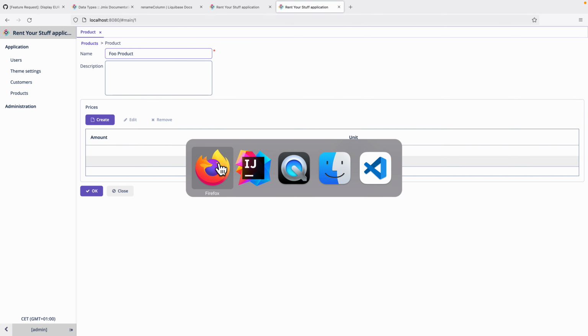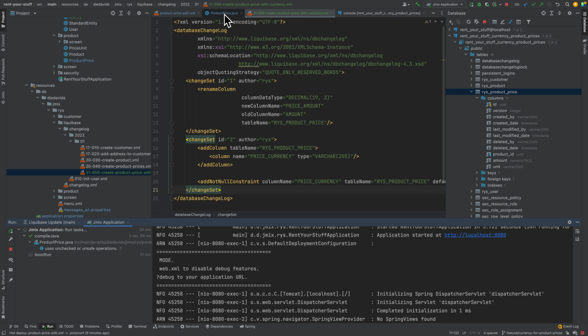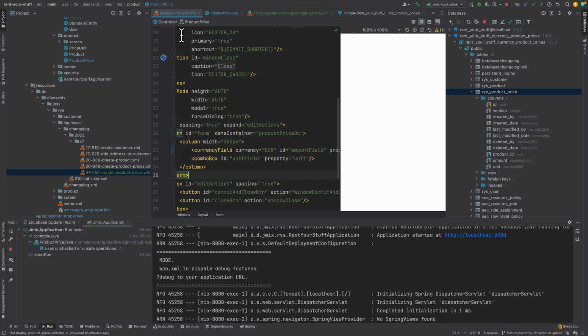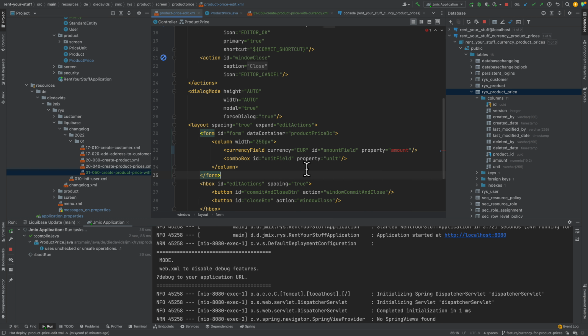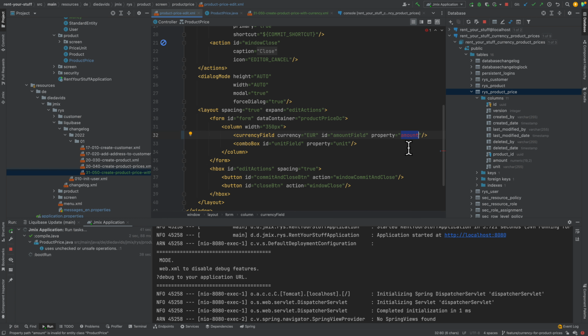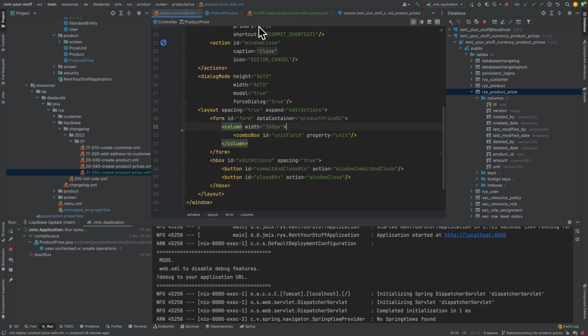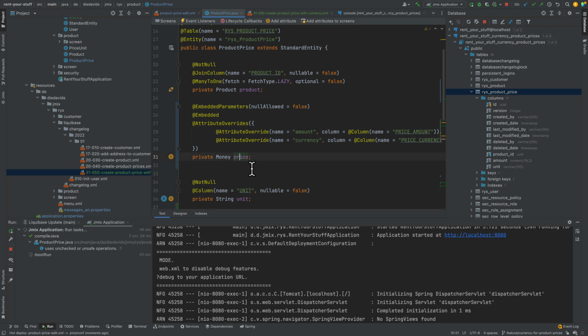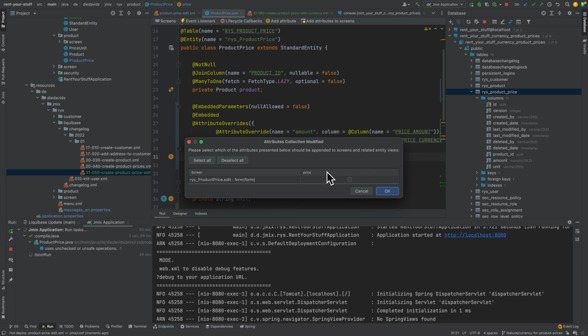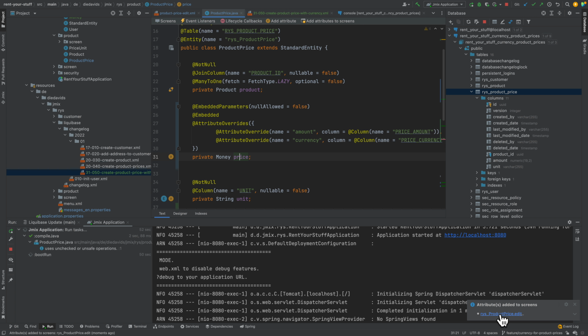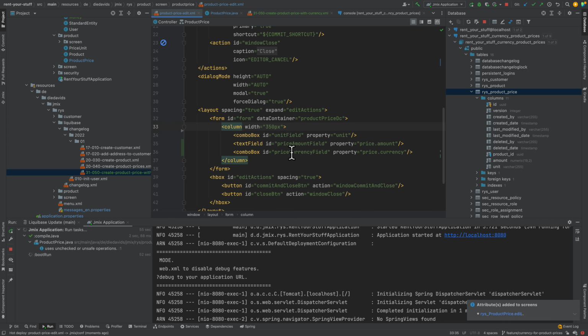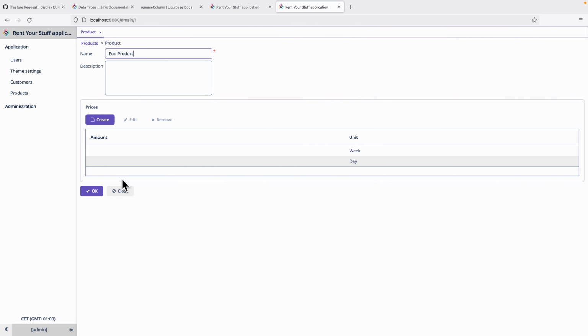So let's fix that and go to our product price screen. And here, okay, so probably let's do it like this. We will get rid of this field and instead generate the new attribute here to our screen and take a look at what the result is. So we will have a text field for the price amount field, and we will have a price currency field. So if we take a look at the result,